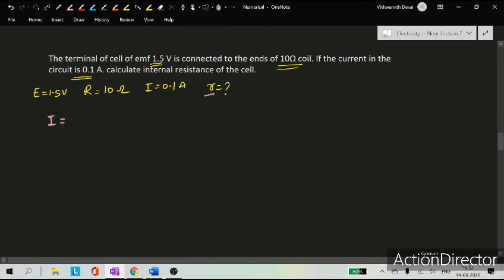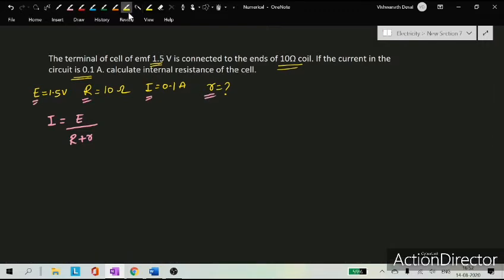If internal resistance r, and the values of R, I, E, if they have given these four, the relation among them is this one: I is equal to E divided by R plus r. This is nothing but Ohm's law only. So I is equal to, just like V divided by R, but we derived it, right? E divided by R plus r. We can use it. From Ohm's law only we derived it. But here you need to calculate the value of r, internal resistance. So we calculate the internal resistance.